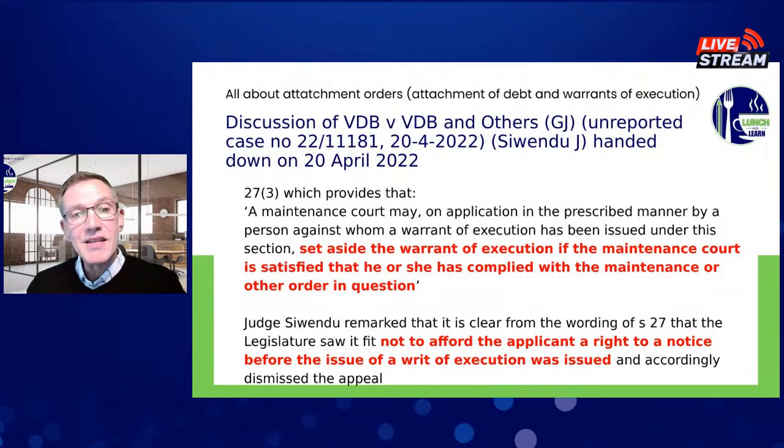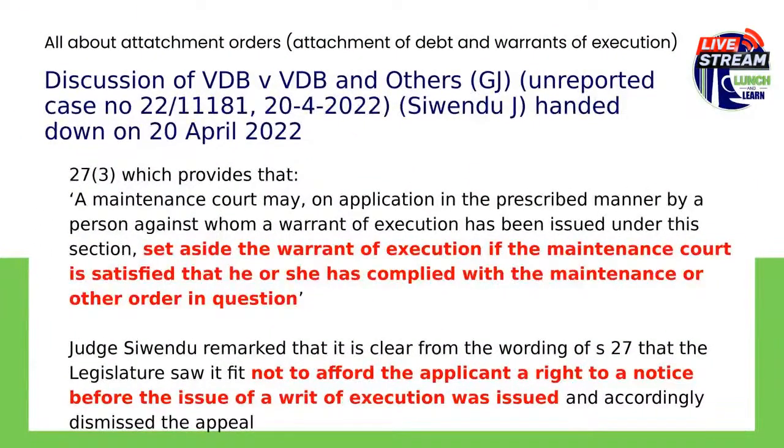If one unpacks this case a little bit further, the court actually referred to Section 27(3), which says that the maintenance court may, only upon application in the prescribed manner, set aside the warrant of execution if the maintenance court is satisfied that he or she, that's now the respondent, has complied with the maintenance order in question. So the arrear maintenance still needs to be paid before he could approach court. The learned judge then remarked that it is clear from the wording of Section 27 that the legislator saw fit not to afford the applicant a right to a notice before the writ of execution was issued, and subsequently